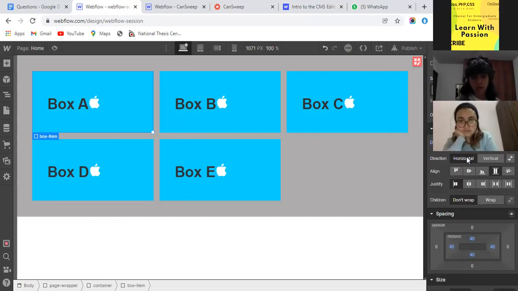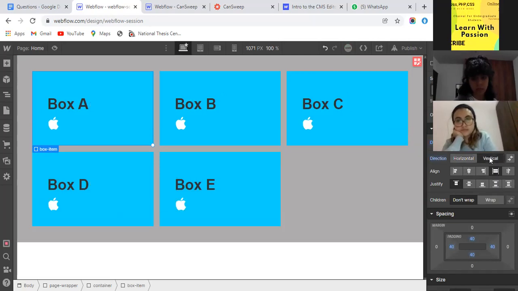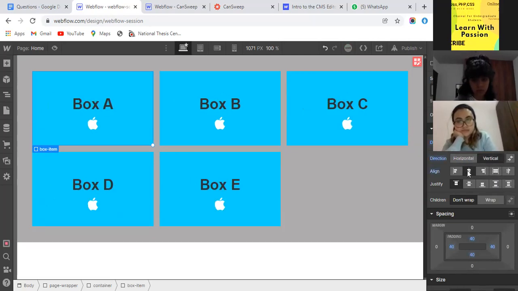Automatically, as I explained above, it's horizontal by default. But we need it in the center. Just click on the vertical and click here for center align. Now we have both elements in the center of the box. These elements are centered horizontally, and we also need to center them vertically. We have these two options to control elements horizontally and vertically.